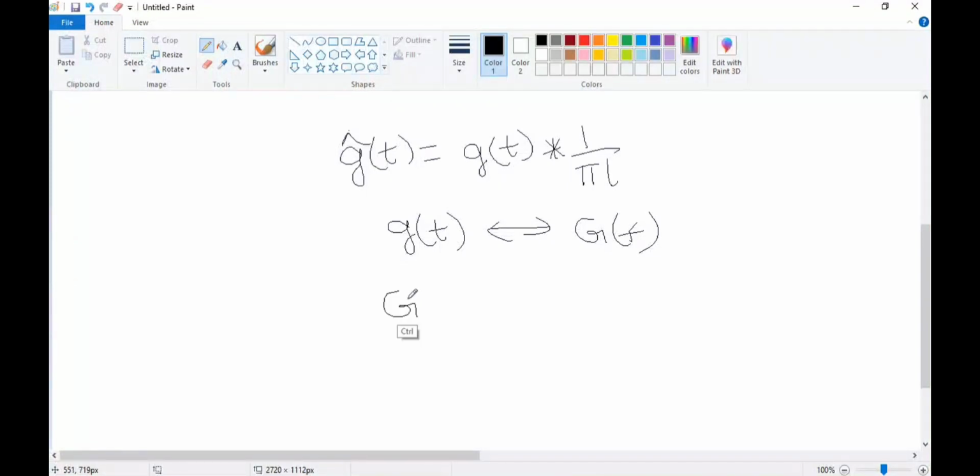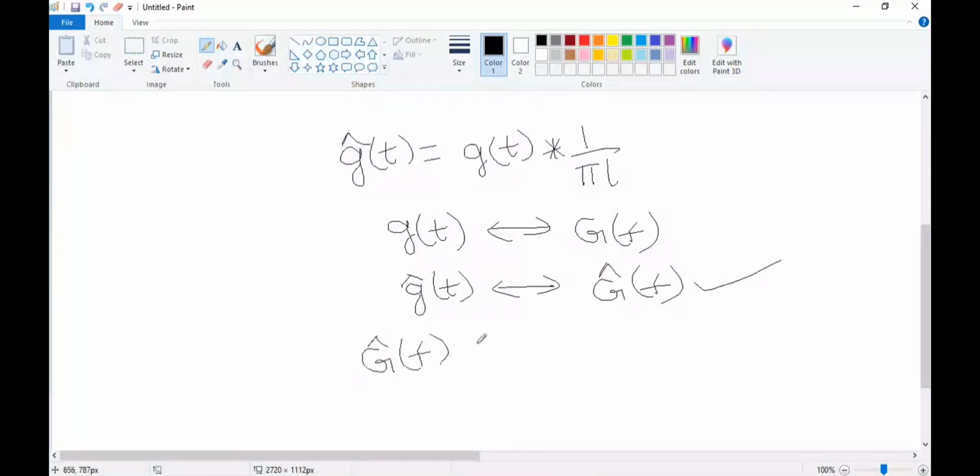The Fourier transform of G cap of t is G cap of f, so I need to find G cap of f now. G cap of f is nothing but G of f into h of f, where h of f is nothing but